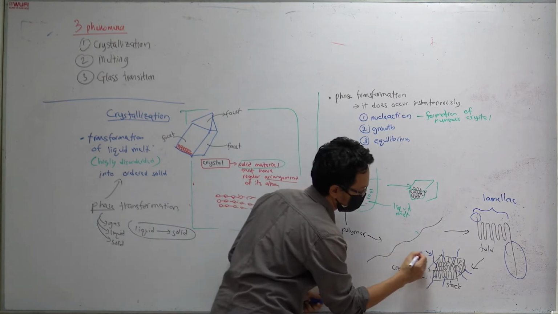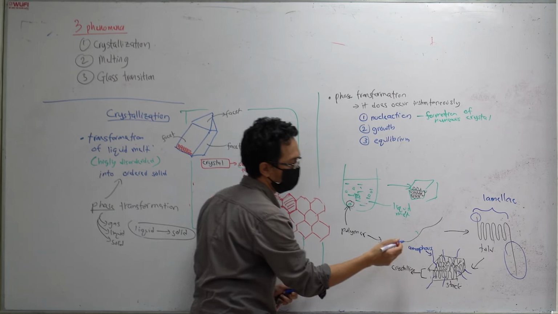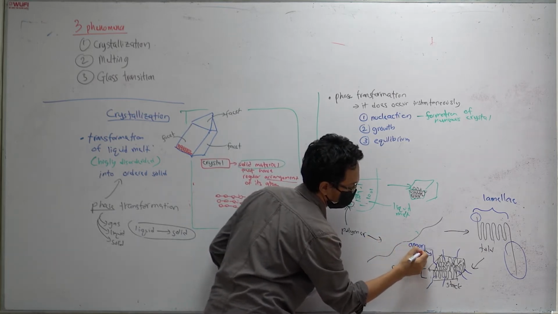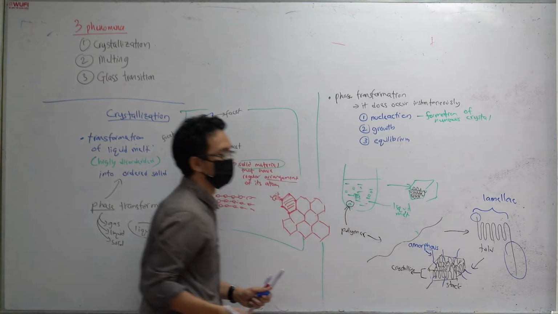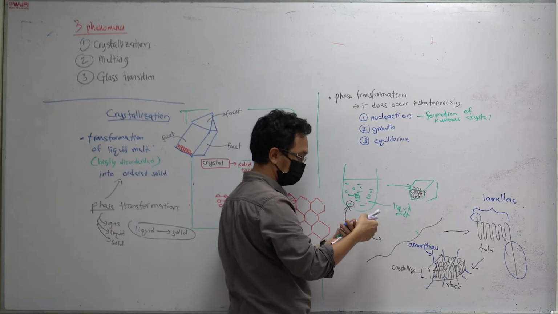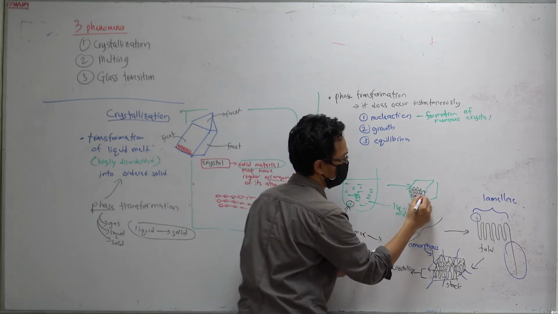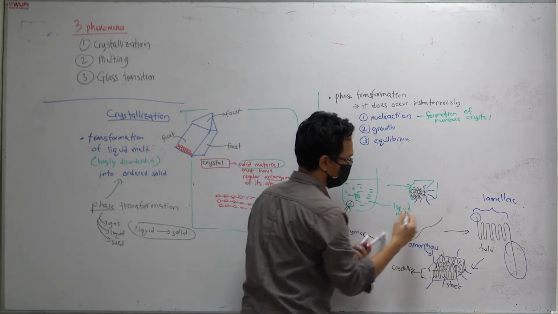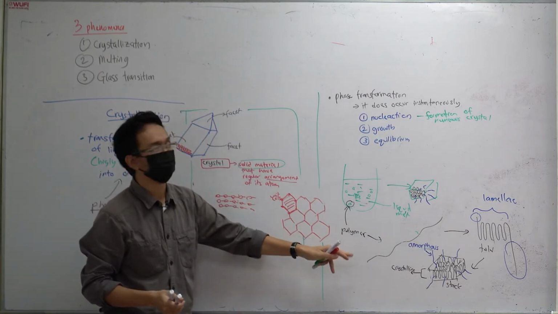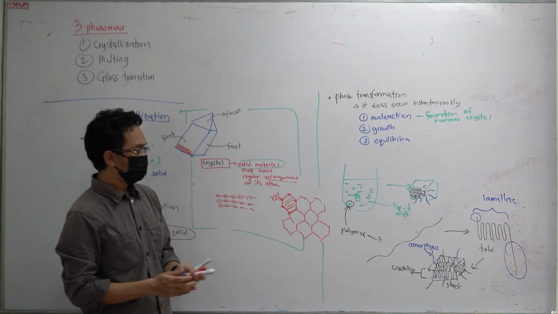Amorphous. Polymer. So if you look at any polymeric solid, you have a mixture of crystalline and amorphous material. Okay, and this thing,